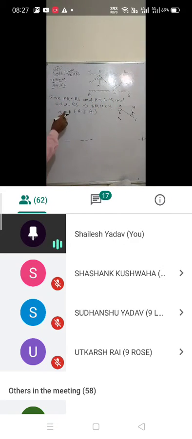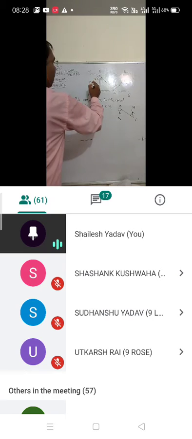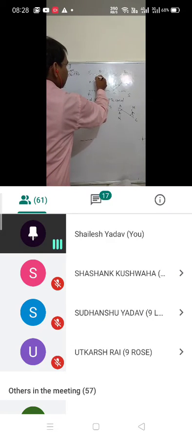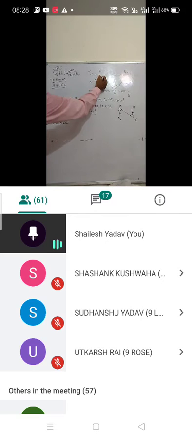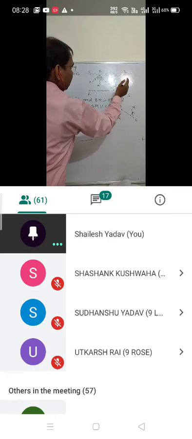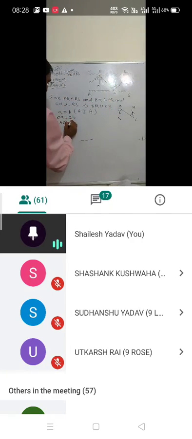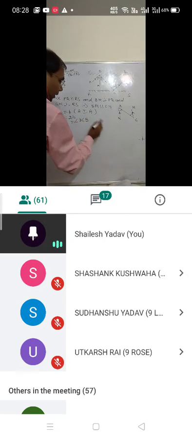Now students, if two values are equal, their doubles will also be equal, so multiply by 2 on both the sides, then it shows that 2A equal to 2B. If A and B are equal, then 2A and 2B will also be equal. Now here A plus A equal to 2A. It means 2A is angle ABC. In the same way, 2B is the angle DCB.